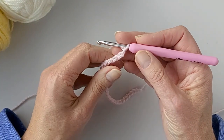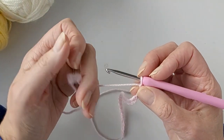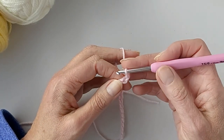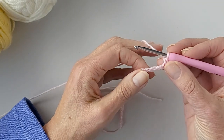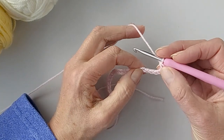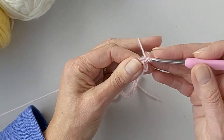And we will first of all do the foundation row, which is your setup row for your 4-row repeat pattern. So the first thing we will do is we will make 1 single crochet in our second chain from our hook. We will skip 3 chain, and in our next chain we will make a shell, and a shell is 2 double crochet,